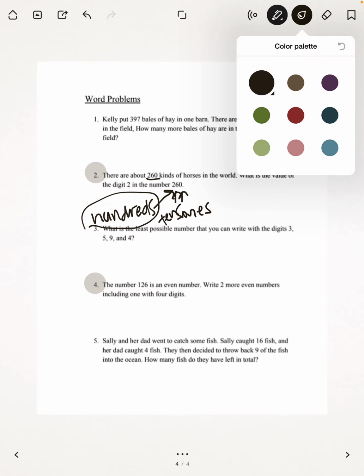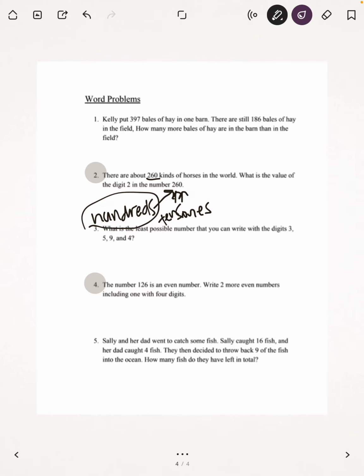So I'm just going to write it again in a different color. And hundreds is the answer. The hundreds place. And number 4, it says,